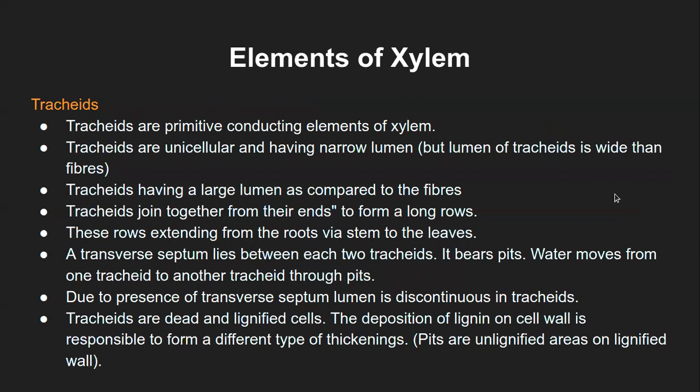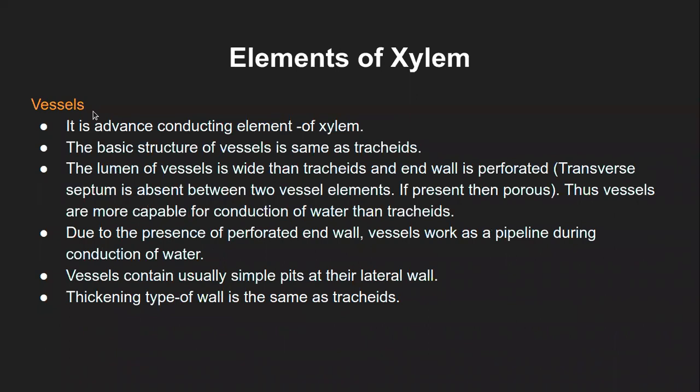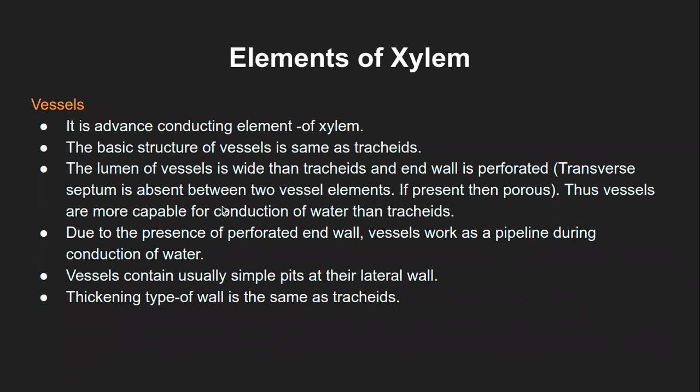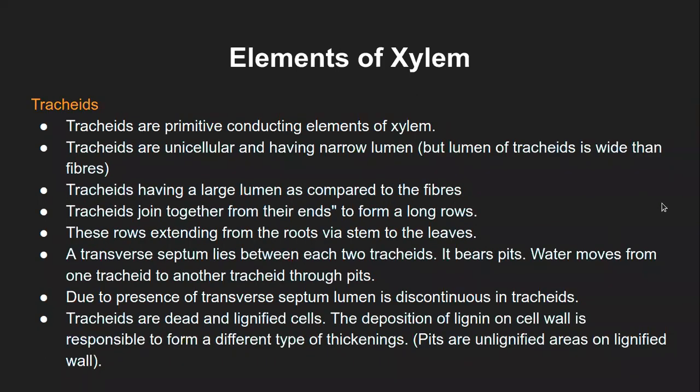Okay, now coming to the elements of xylem. Like I said, or the components of xylem, we had seen there were several elements. One is tracheids, the xylem vessels, xylem fibers, and xylem parenchyma. We will see all of these one by one. Again, this particular part is not in so much detail in your syllabus, but I felt this was necessary for you to understand these concepts. So if you don't understand something, please do stop me and ask questions there.